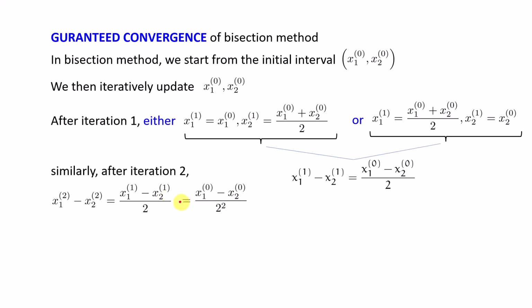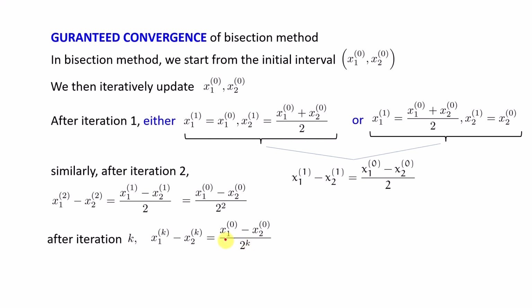So I can write that this equals x1 minus x2 in the 0th iteration divided by 2 squared. If we proceed this way, after the kth iteration, x1 minus x2 will be x1 minus x2 at the 0th iteration divided by 2 to the power k,